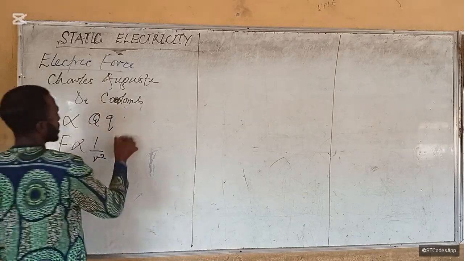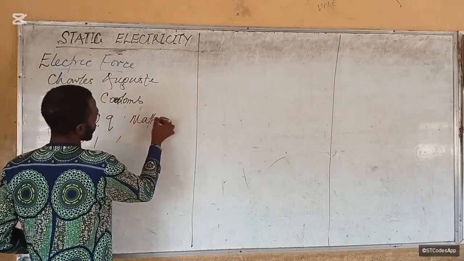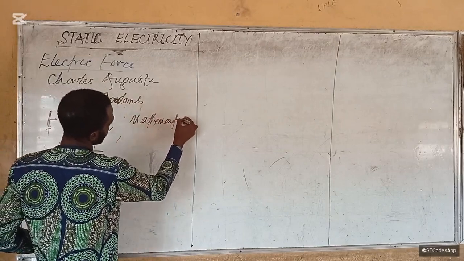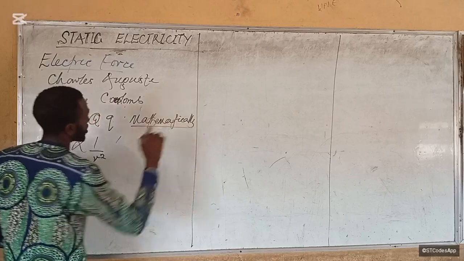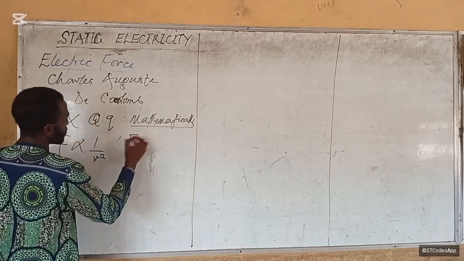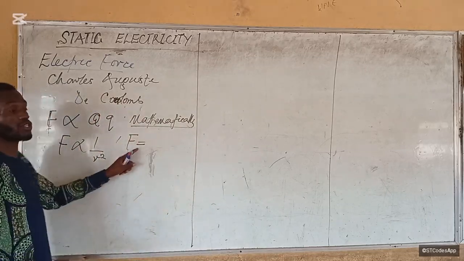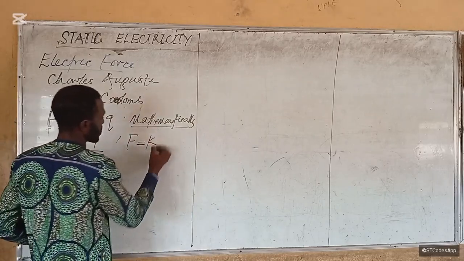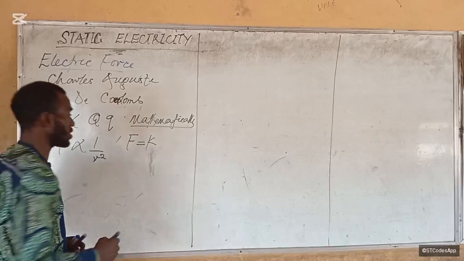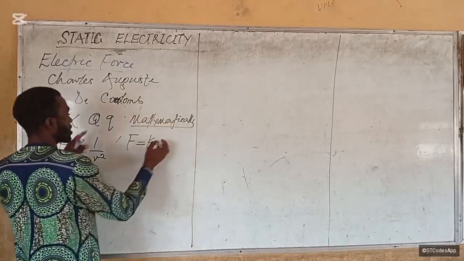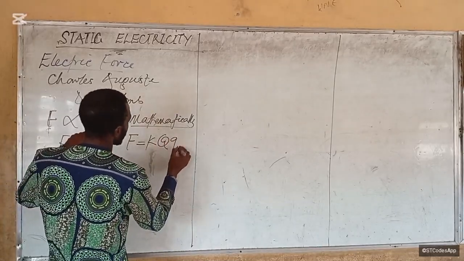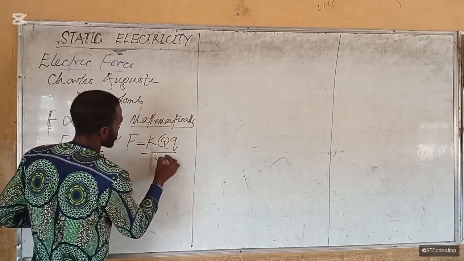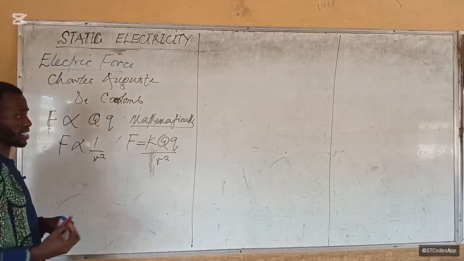Now, mathematically, that would become F is equal to, by the time we introduce equal to, there's got to be a constant of proportionality, and the constant stays here. Then we have Q and q over r squared,